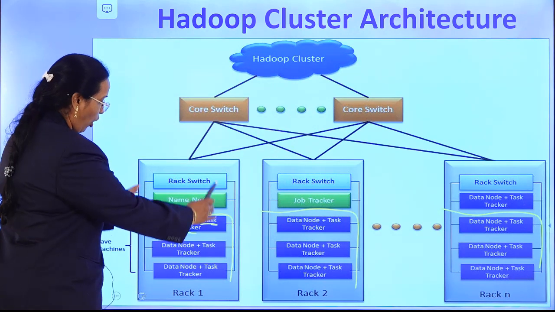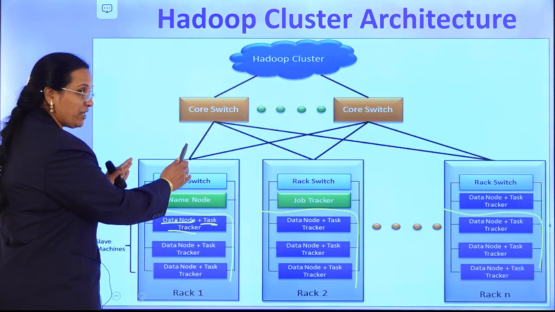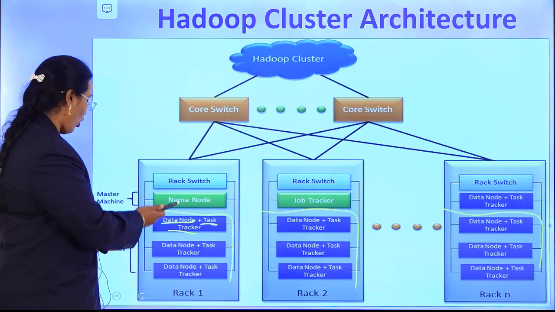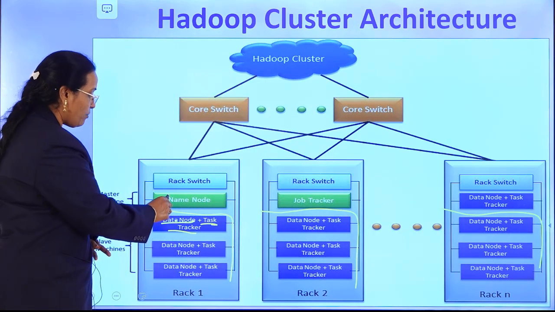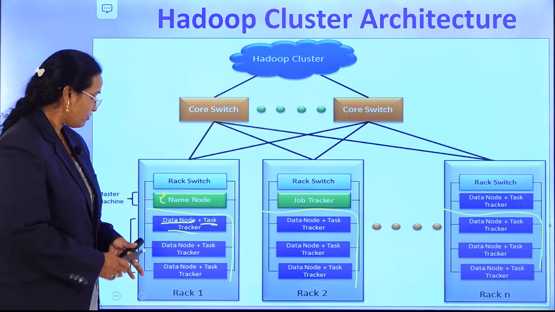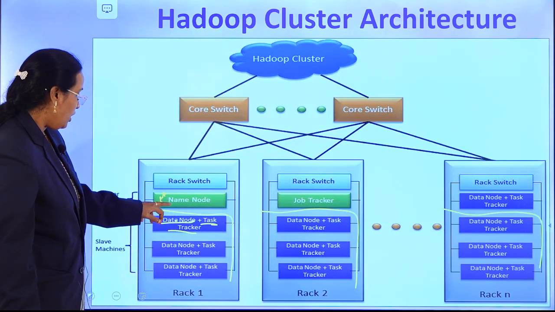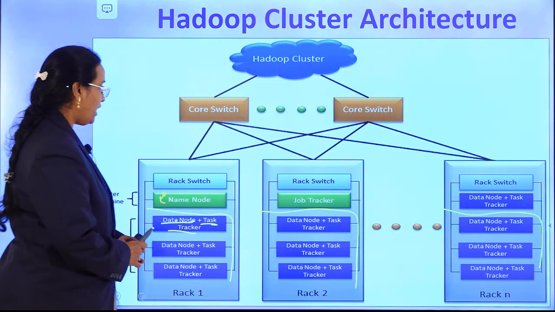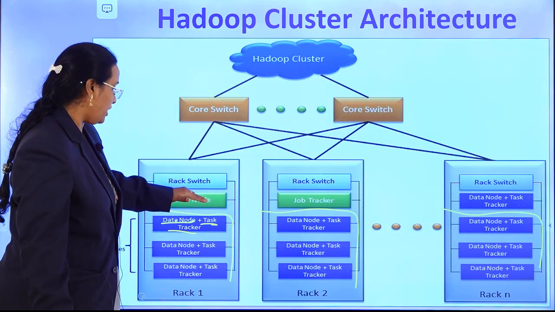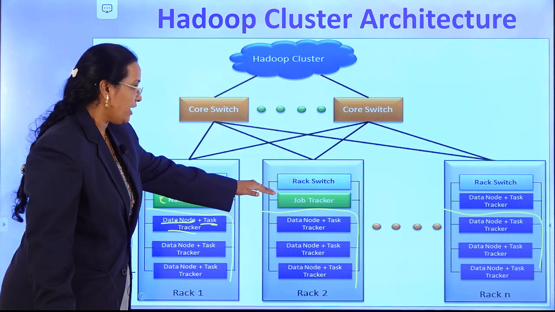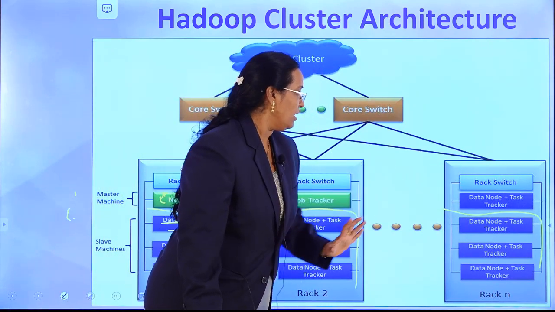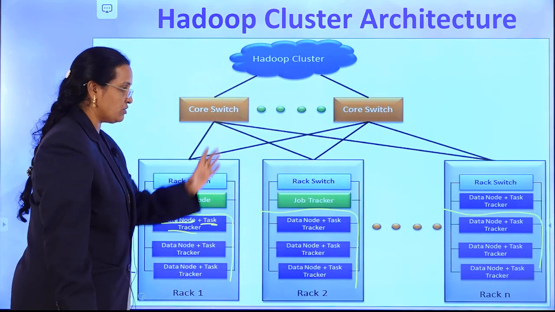And what I have done is, all these things I have kept in a rack. Above these slave nodes, we have one master node, or we call it the master machine. In the master machine, you can see there is a daemon called the name node. Here we have a job tracker, so in the name node we will be running a job tracker, right? Here also we have a data node plus task tracker. In this rack we didn't keep any master information, just the slaves' information.